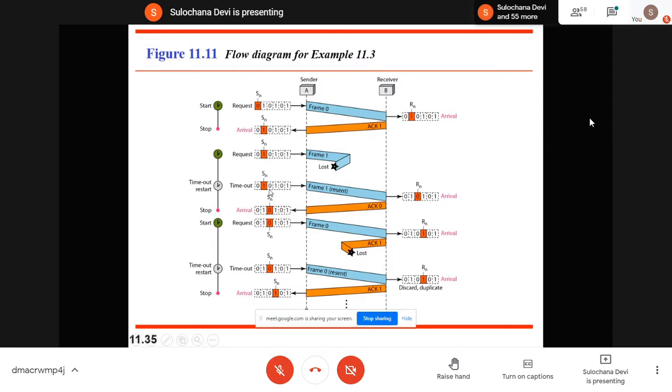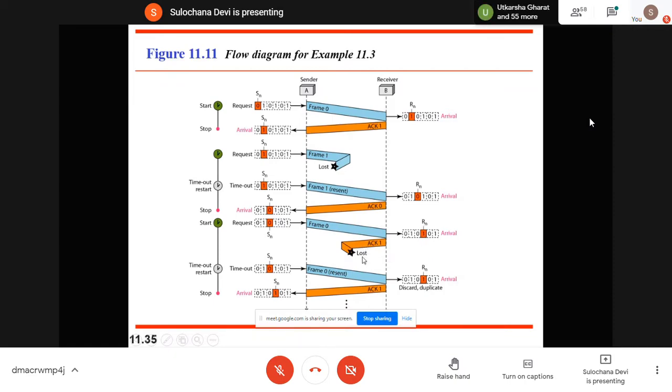Now SN, after sending this SN 1, you already incremented the SN to 1. So now SN is pointing to 0. Now you send this frame number 0 again. The receiver is expecting frame number 0, as Rn was pointing to 0. So this frame number 0 and Rn are the same. You increment the Rn and send the acknowledgement.